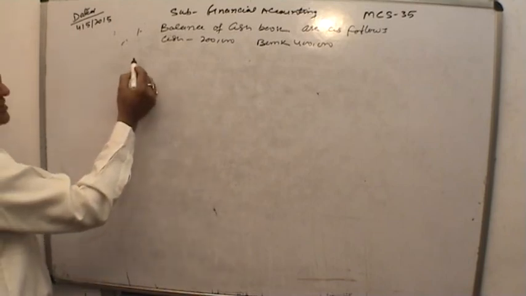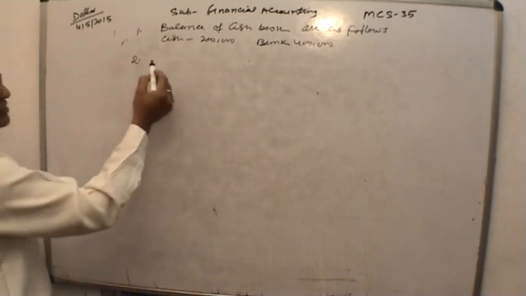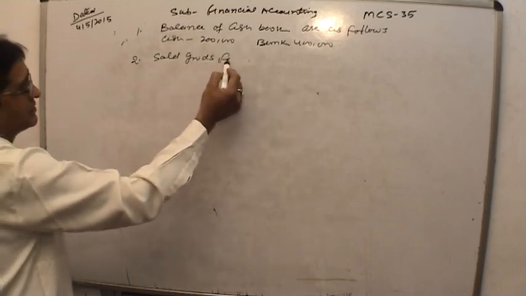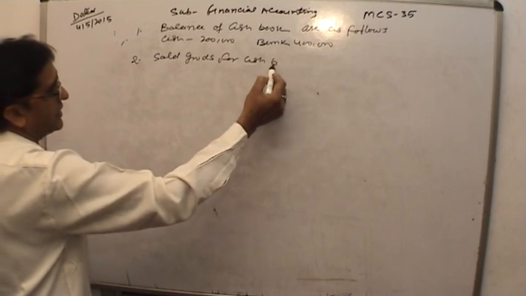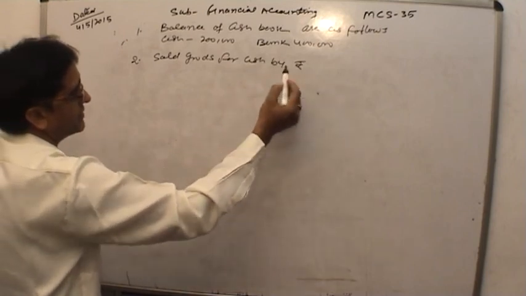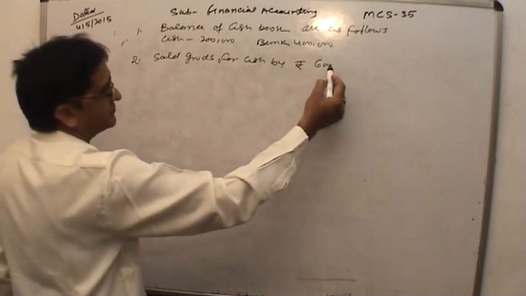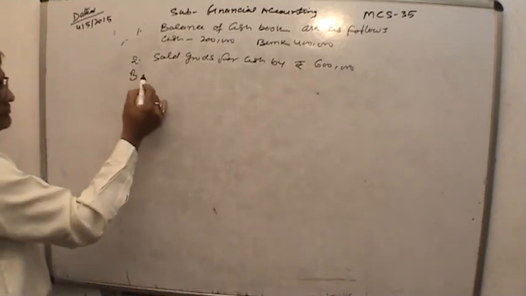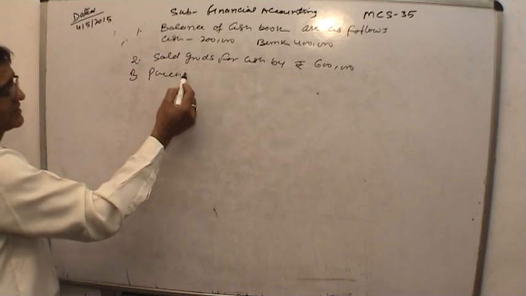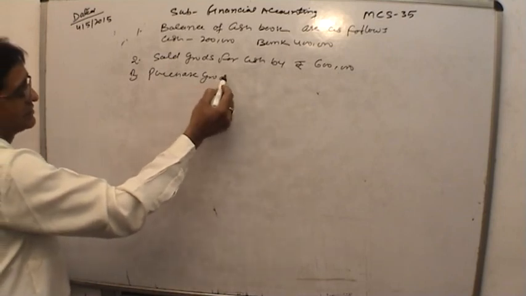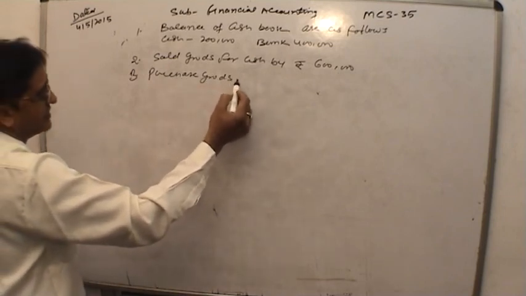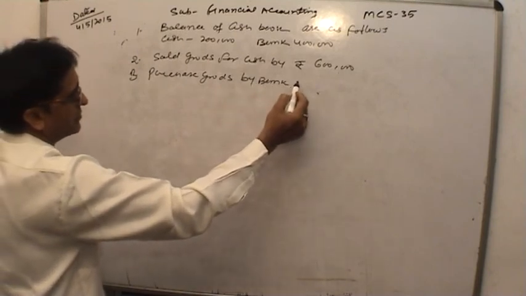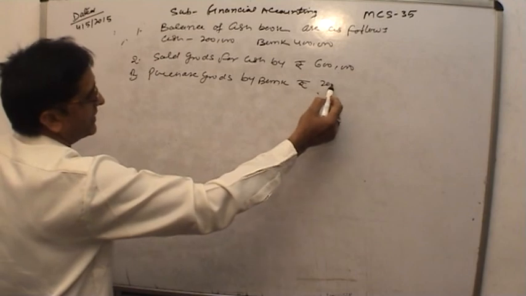And other transactions are: sold goods for cash by rupees 6 lakh, purchase goods for cash, purchase goods by bank rupees 2 lakh,